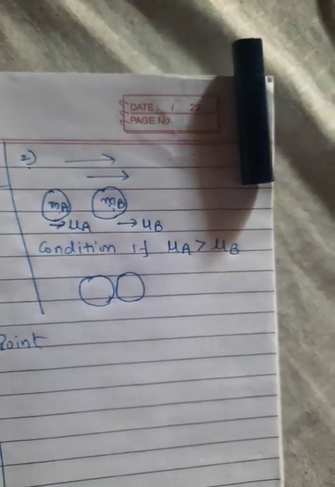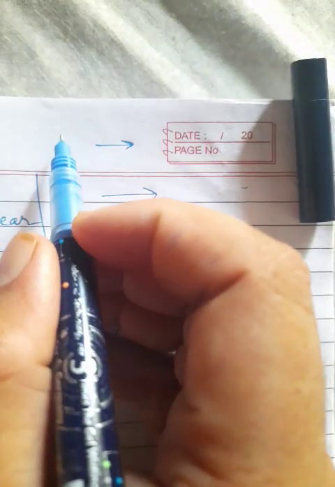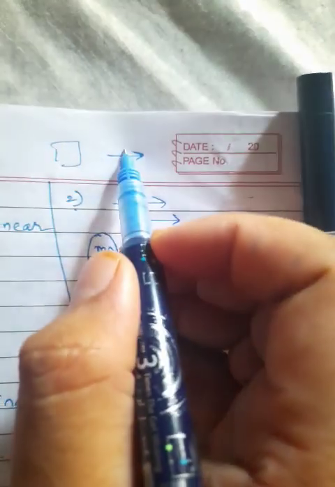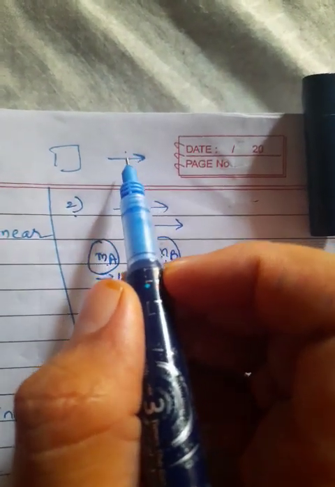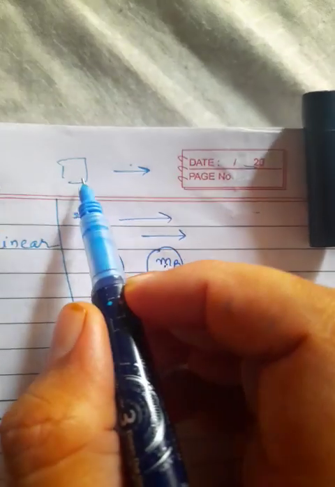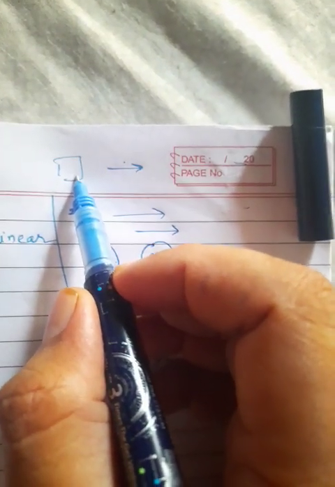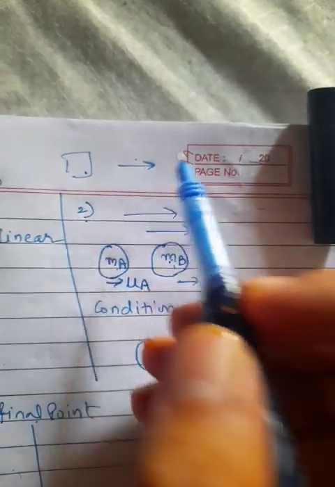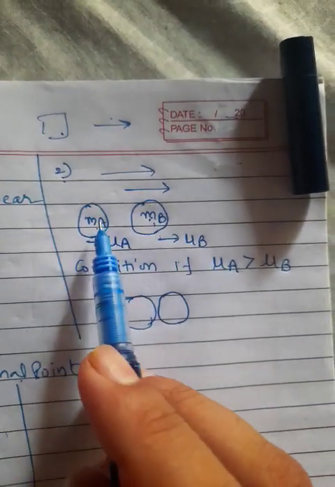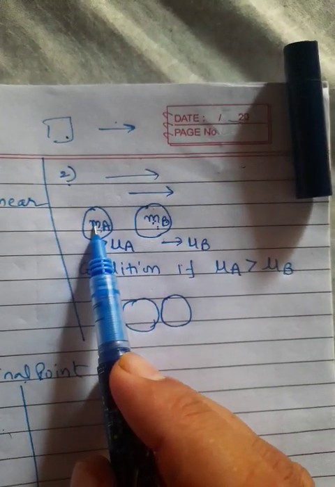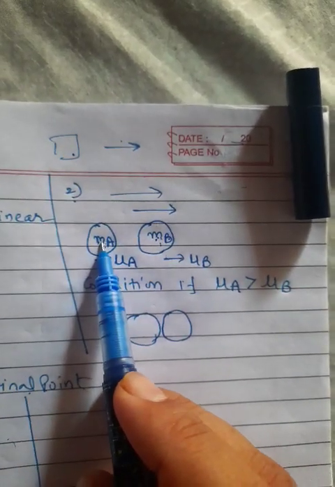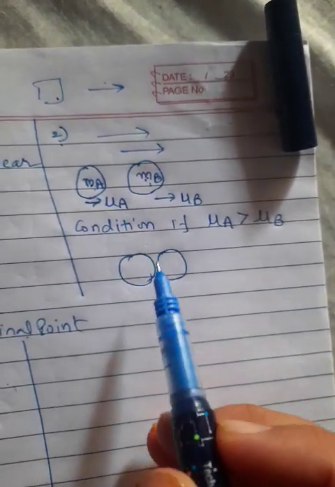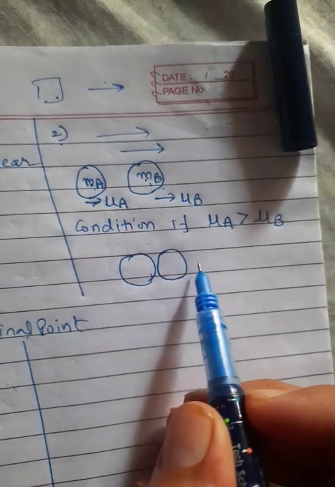So we can take any example. One cycleman is moving, and in the backside a truck is coming. Then the truck hits this cycle. What will happen? This cyclist will move with a high speed in the forward direction, but the truck will keep coming with the same velocity. This body will not be affected, but its velocity will increase. Same thing we can say when this object collides with this object, because its velocity is more, its mass can be equal, or we can say its mass can be more, anything else. So this body will collide with this body, and the second body's velocity will increase.